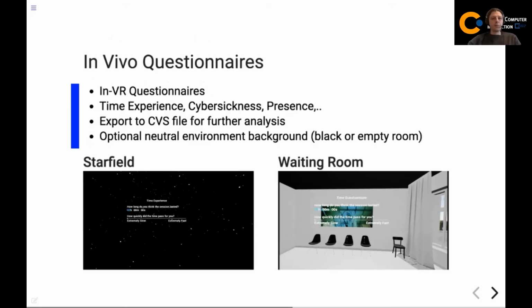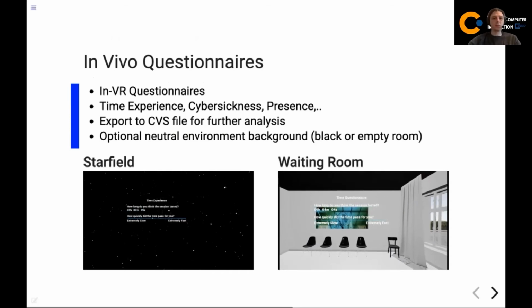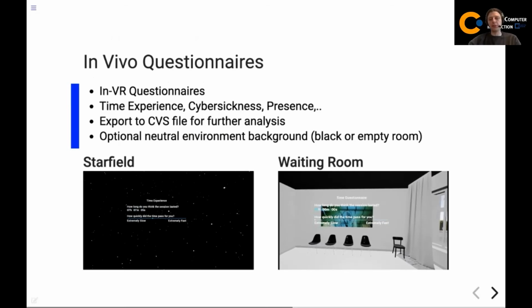A quick example showing that we are also able to have questionnaires inside virtual reality, which is very important from our perspective to quickly measure in vivo qualitative data between trials, for example. We do not want participants to take off the headset and put it on again every time.